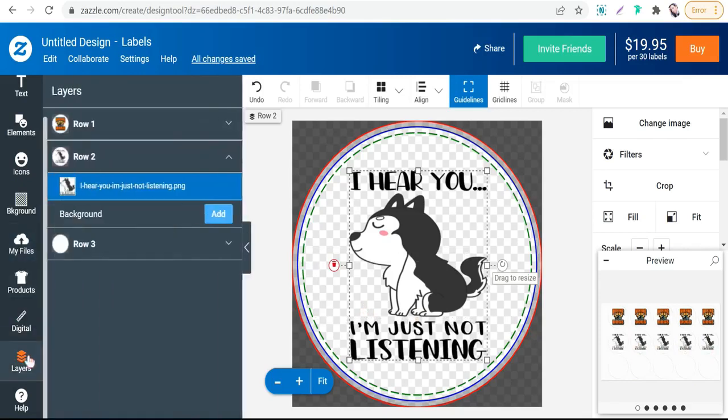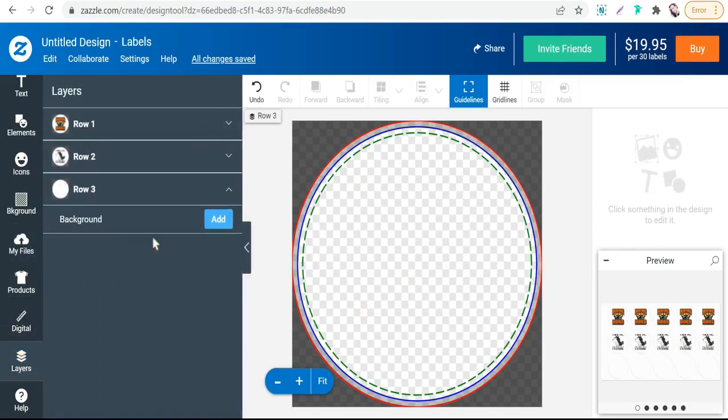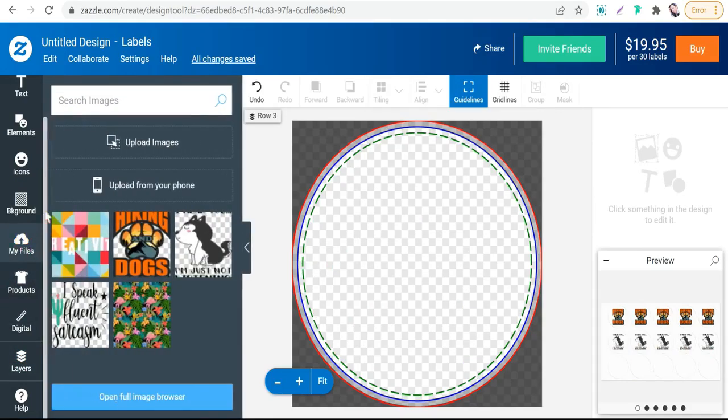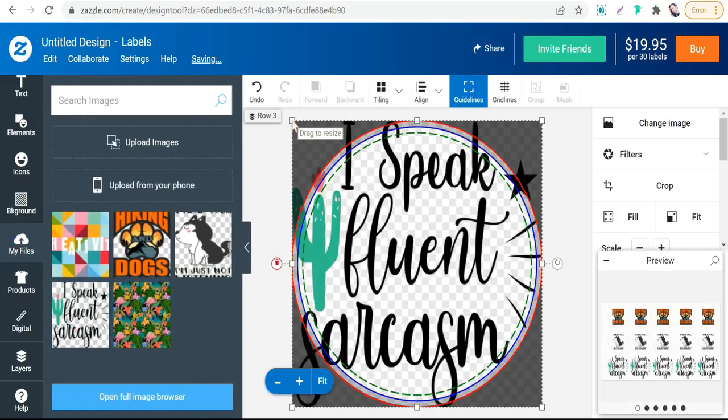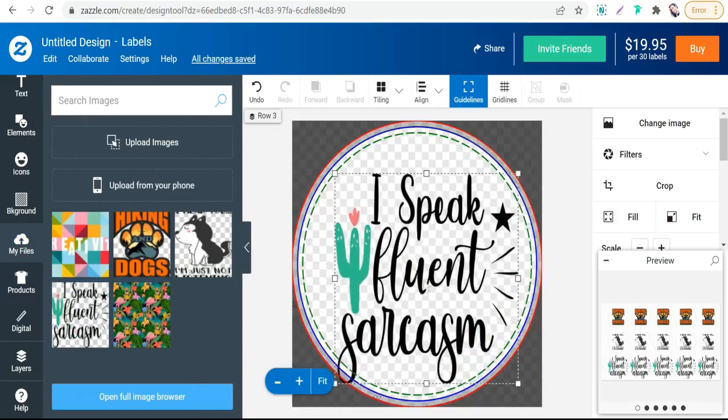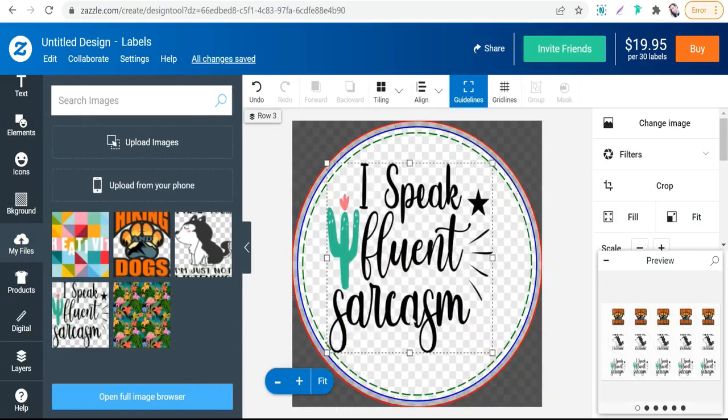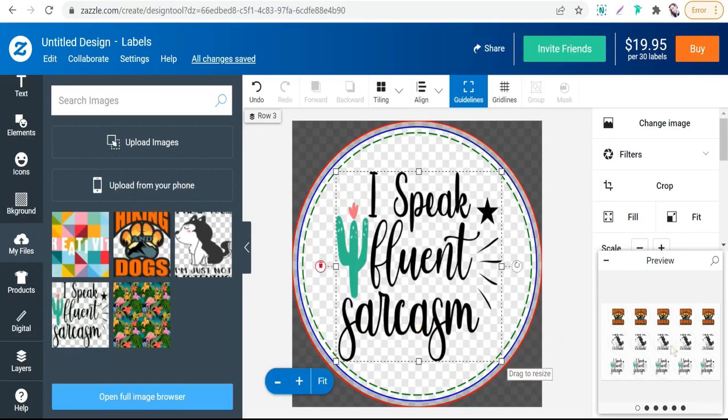Go to layers, okay, and add the third one, as you see here. Go to my files, upload another one like this one, okay, optimize this design, super easy, and you have made 3 different rows, 3 different designs, 3 different stickers, okay, as you see.